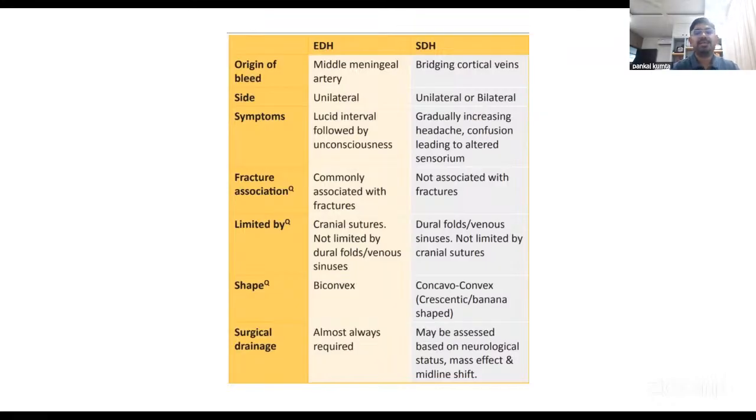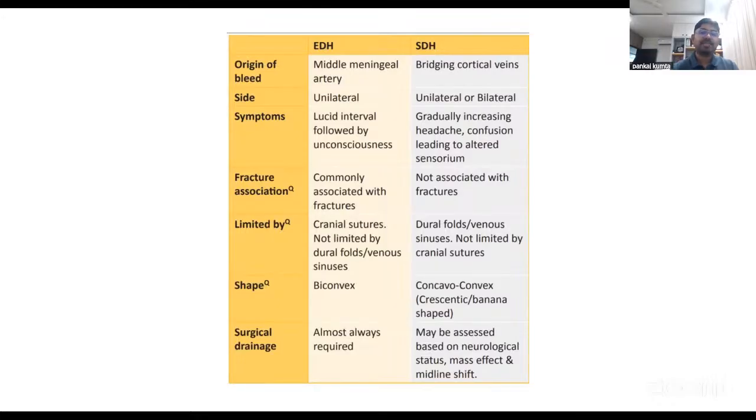Side: EDH tends to be more unilateral, where SDH can be unilateral or bilateral. Generally you will see unilateral, but at times patients may come with bilateral, especially the elderly. Typically, you will see a lucid interval followed by unconsciousness, where the patient seems normal, then suddenly has unconsciousness. SDH tends to be more progressive or chronic, with gradually increasing headache, confusion, and altered sensorium. Fracture association: typically EDH you will see associated with fractures or more severe injuries, while SDH tends to follow more